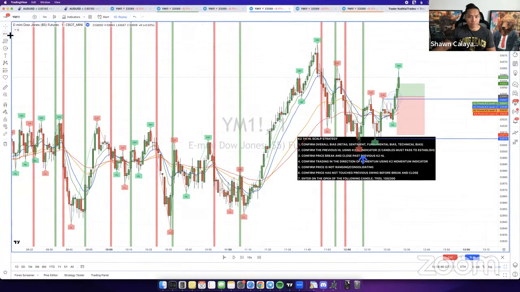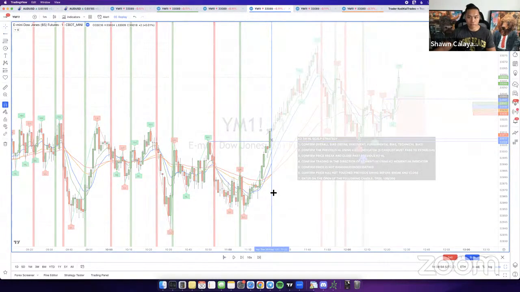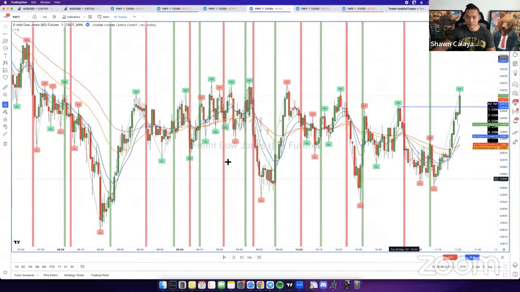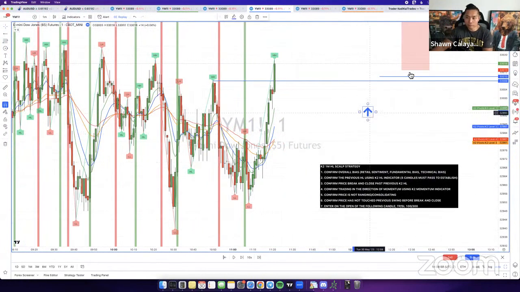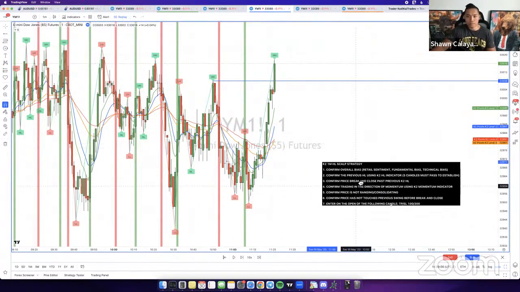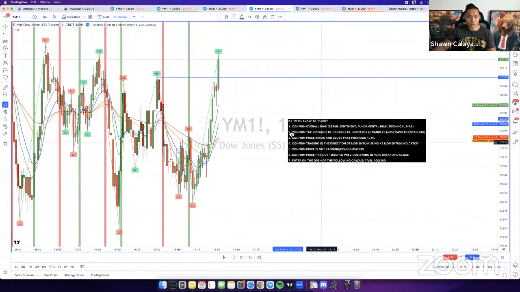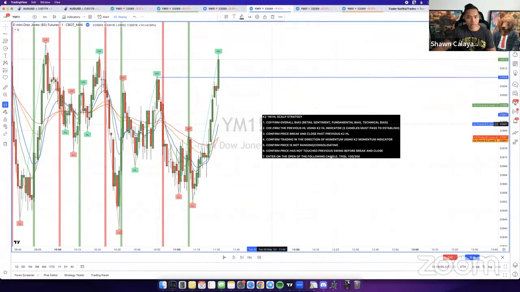Here goes another one right here. Just replay with this candle over here. And then you look for the same thing again. So again, William, right here, you're looking for pretty much the same exact thing. Confirm overall bias. We're going to assume it's bullish because we can't confirm it right now. So we're just going to pass over that.